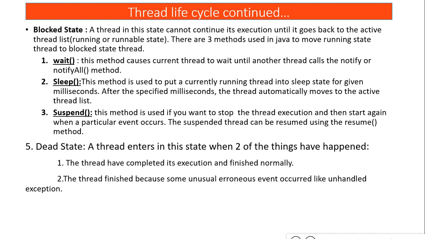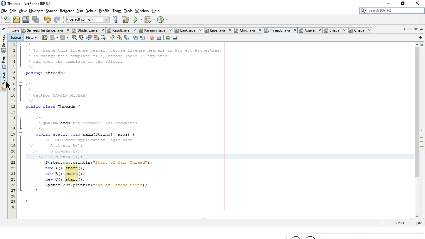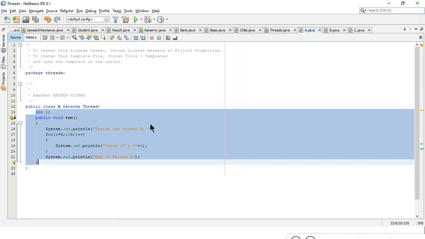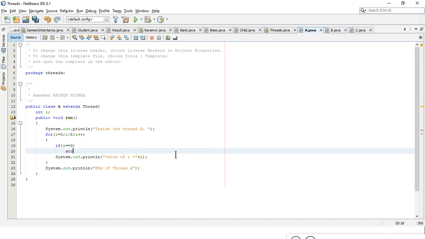So these are stages when your thread moves to the dead state, or you can call the stop method. Let's try to implement these in your threads. I'll start with the sleep time. I'll say if i equals 3, then I'll say stop,